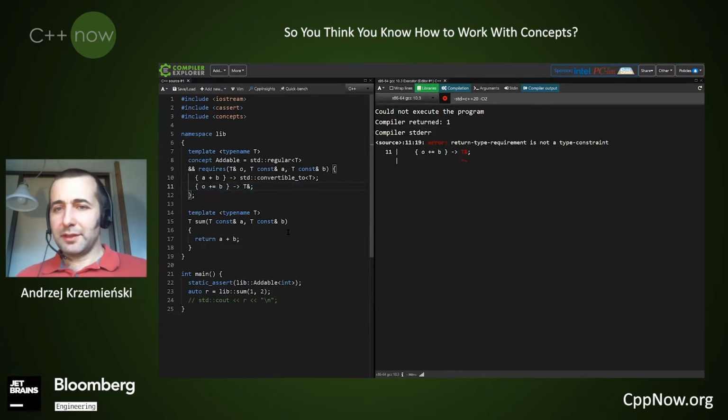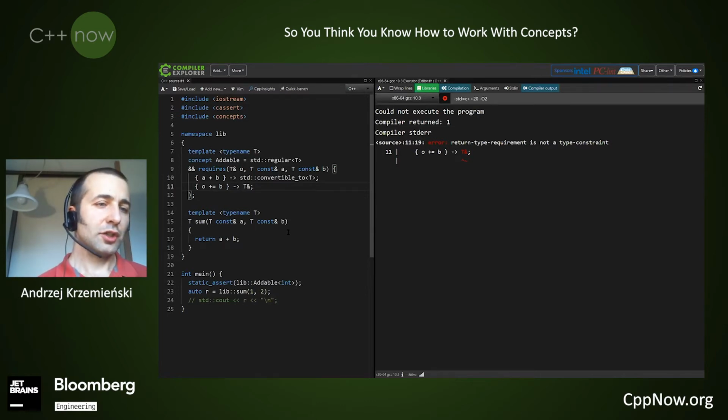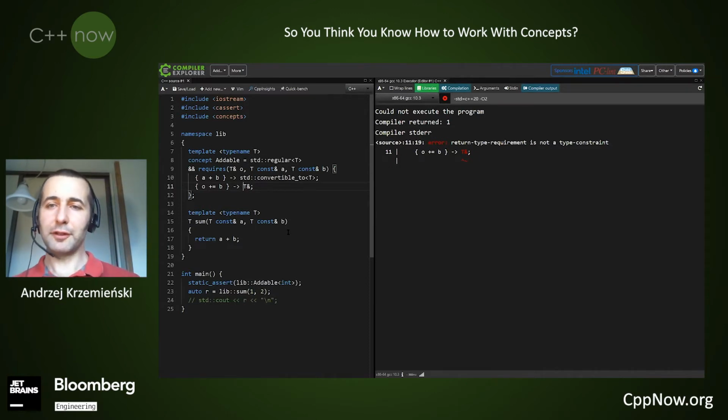You could say, so why does it not work? And this is because there would be different expectations of this syntax. Should this mean that the return type should be exactly T reference, or is it enough that it is convertible to T reference? What about the expression templates that sometimes are used for matrix libraries? When my plus operator actually returns something, just a reference to the operands, which is a different type, and only at the end builds the next T. So it would confuse some people.